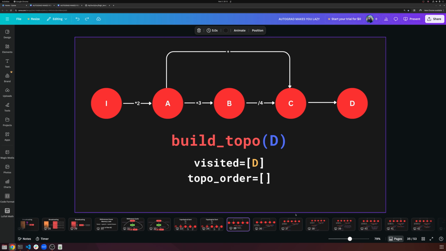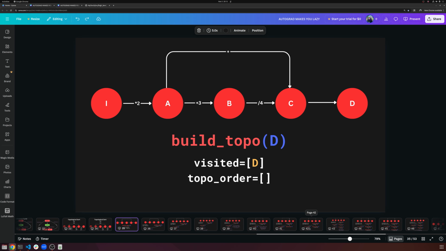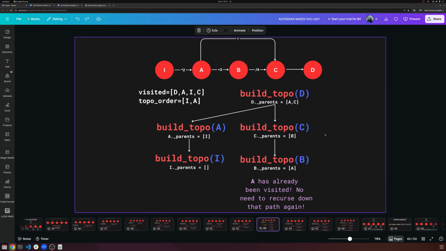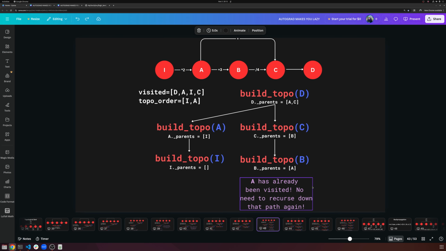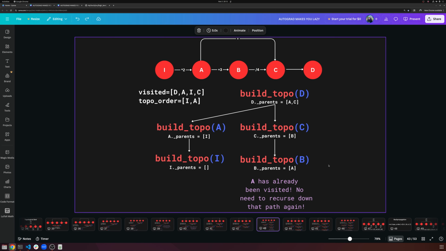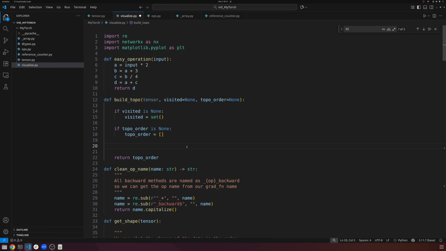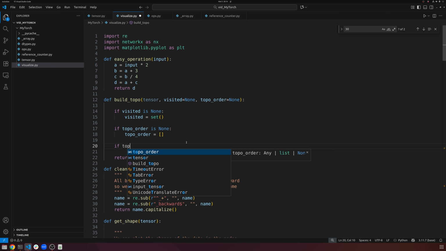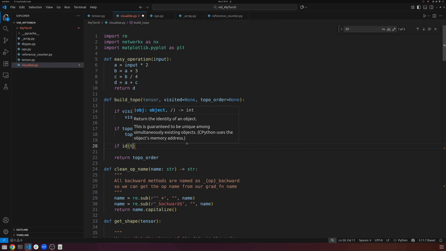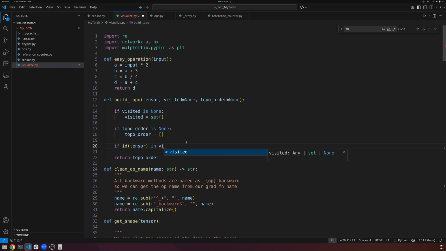Now, here's the key idea. Remember, we'll be jumping around these figures a little bit. At this stage, we saw that A had already been visited. We've already been there, which means we don't want to recurse down that thing again. So if we've already been at A, just return back the existing topo order. There's no need to recurse down this again because that wouldn't do anything. So we can do if ID tensor in visited, and if you don't know what ID is,